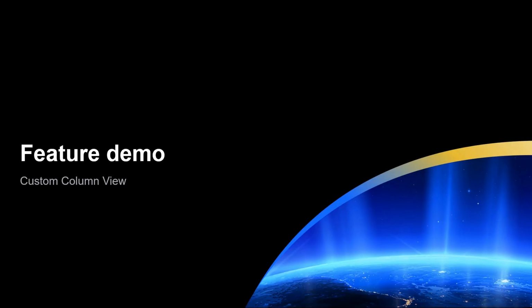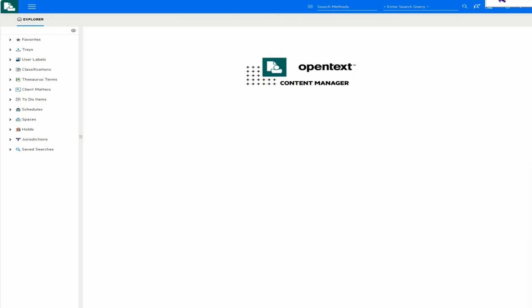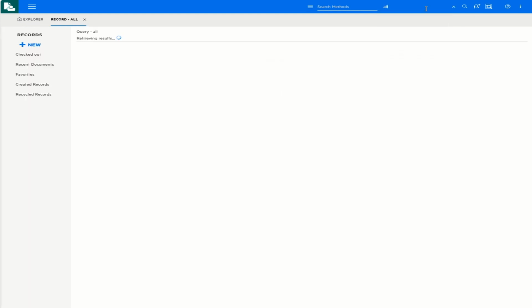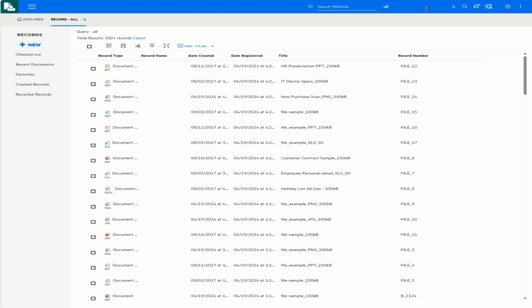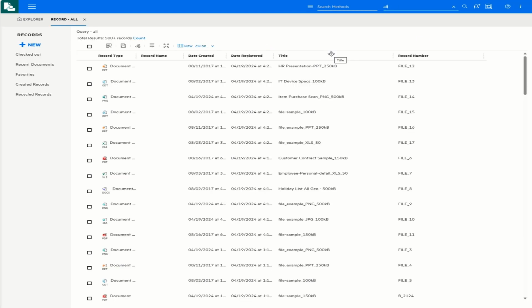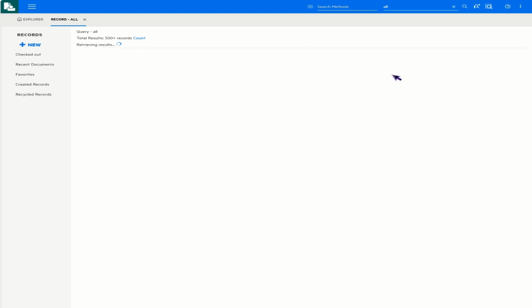Now let's talk about the next feature. It's an enhancement that we call custom column view. Let's do a quick recap from the previous releases. Previous releases introduced the grid view, which is a derivative of the search windows from the desktop client, and the ability to rearrange the columns. There is also persistence in the column view, which means the arrangement of the columns is not lost in case